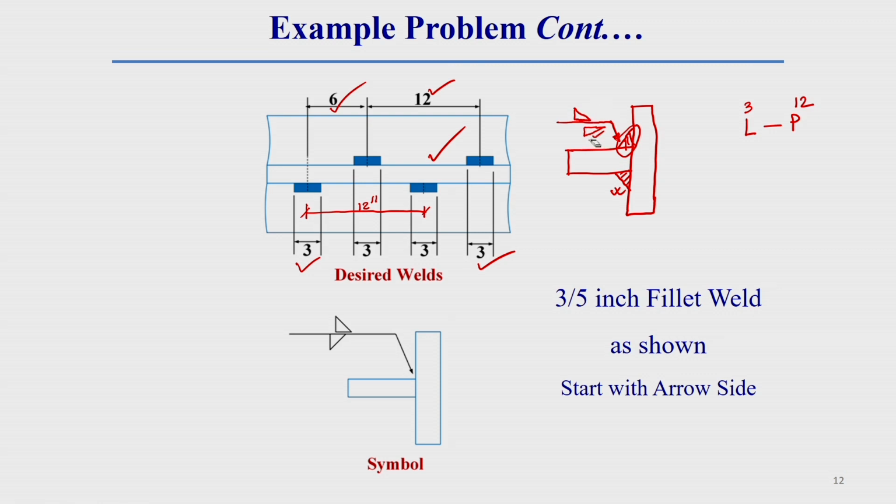Here the weld symbol on both sides is a fillet symbol, triangular in shape, and generally we have to put 3 dash 12, not minus, 3 dash 12 on the top side, where the length is 3 and the pitch is 12. Here also 3 dash 12, bottom side also 3 dash 12 we have to put. And on the left side of this weld symbol, generally the weld size is 3 by 5 inch, we have to provide on the left side of the weld symbol. Both the sides generally 3 by 5 inch, so 3 by 5 inch both top side and bottom side we have to provide.